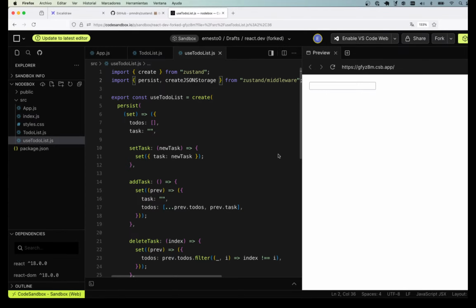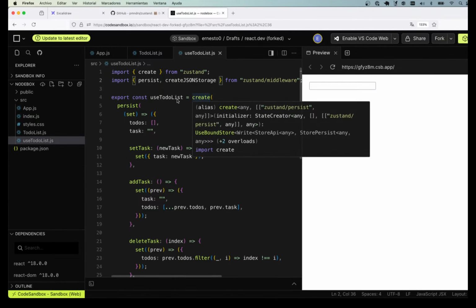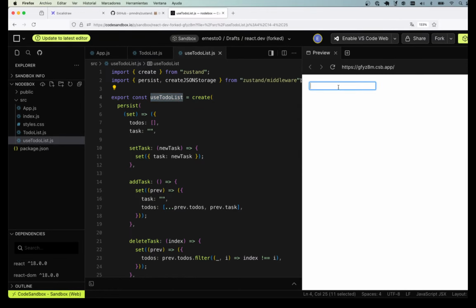Okay, so now I created a version of this. You see, same to-do list, but this version is persisted locally. That means that when I say walk the dog and buy groceries and paint the fence, right? If I refresh this page, I will see the same, right? Because it's local. See, the state stays in the browser. That doesn't mean that I have a user or a backend or anything. It's just that in the browser,